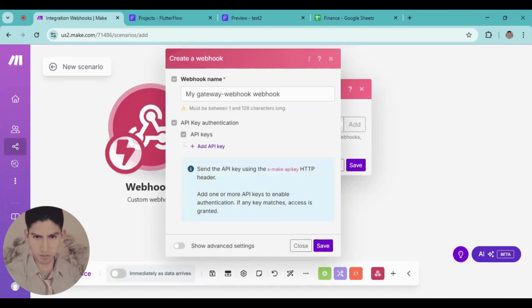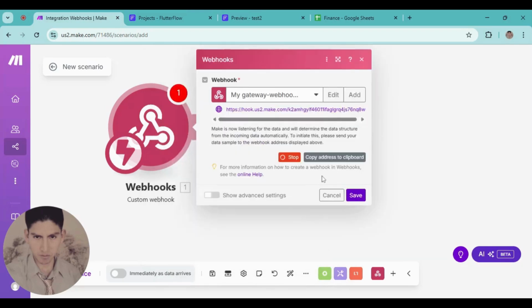Add a new one. Click save. And I'm gonna copy this address. Look at this here. It will be listening and receiving all the data that I'm gonna send. Okay, that's the reason this is looking for this information. I'm gonna click copy address to clipboard